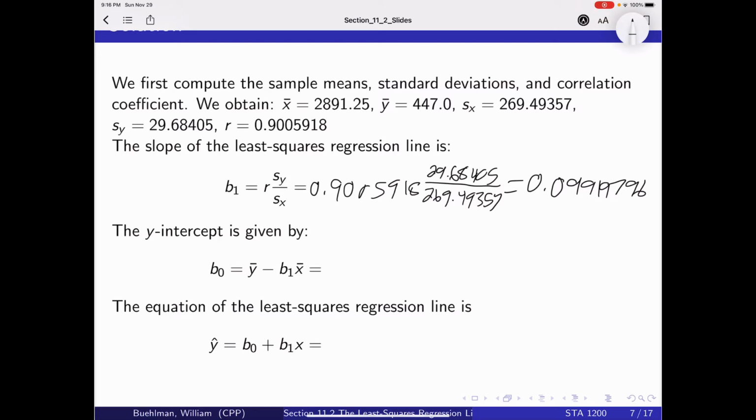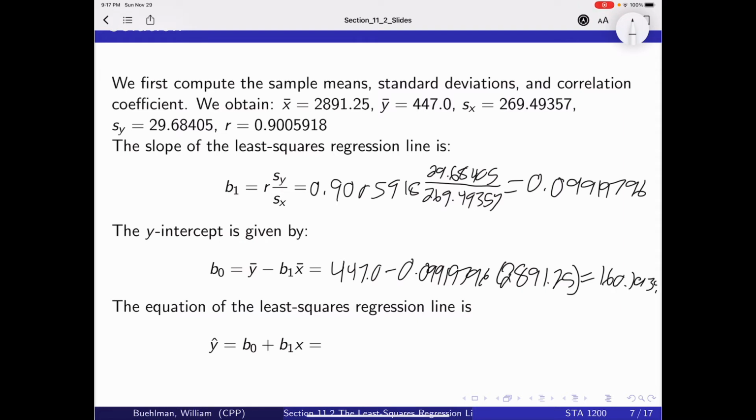It is about 0.09. So now we're going to find the y-intercept, which is B0, which is given by Y bar minus B1 times X bar. So we have 447.0 minus 0.09919796 times X bar, which is 2891.25, which equals